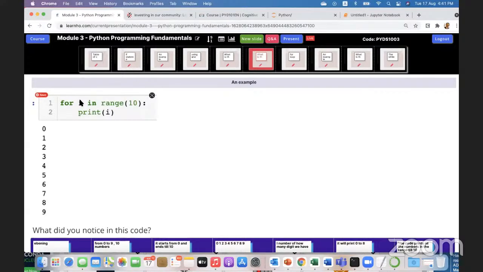Then it will go back. I became 1, it will print it. I became 2, it will print it. So it keeps going here. But if the print is here, it will not do that loop because it becomes outside the loop. So that's the way the loop works. The colon is one thing you need to remember, and the range as well, which we